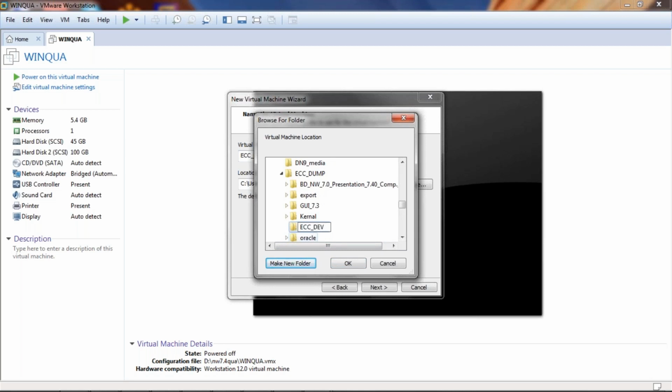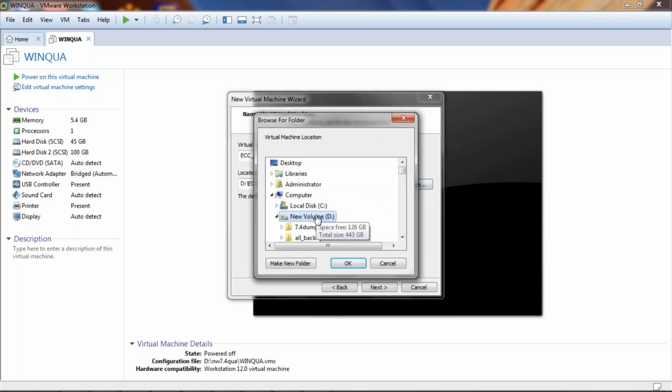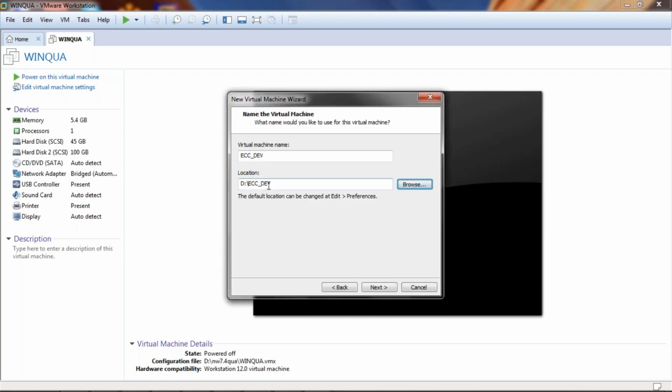I made a new folder called ECC Dev in D drive. Whatever I do will go and save in ECC Dev, where I have ample space. Next.